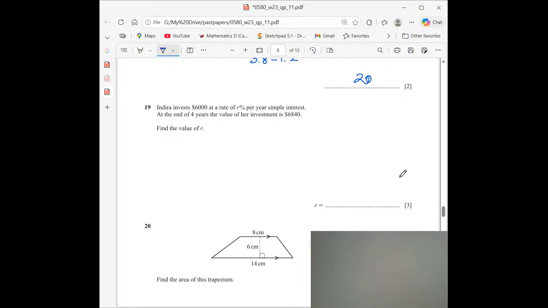It is a money management question, a simple interest question. So what do we do in here for this,